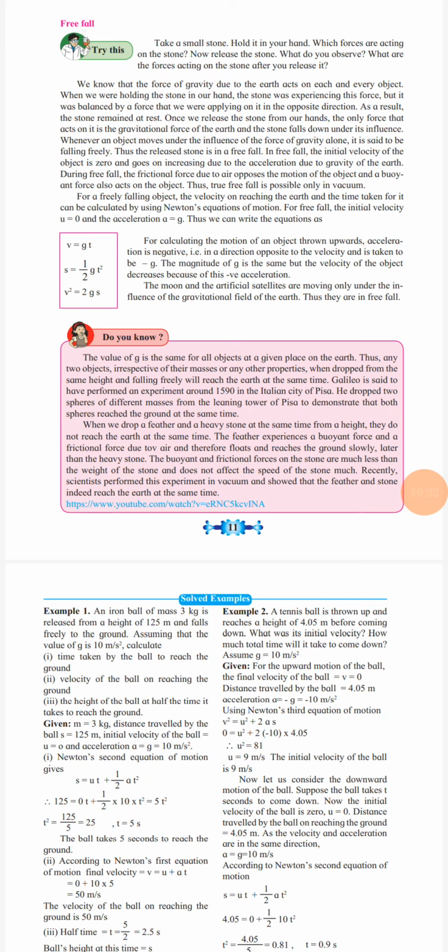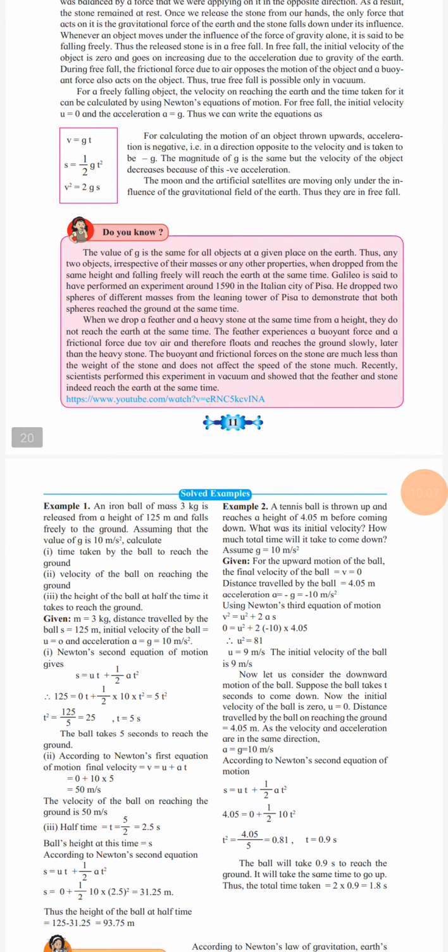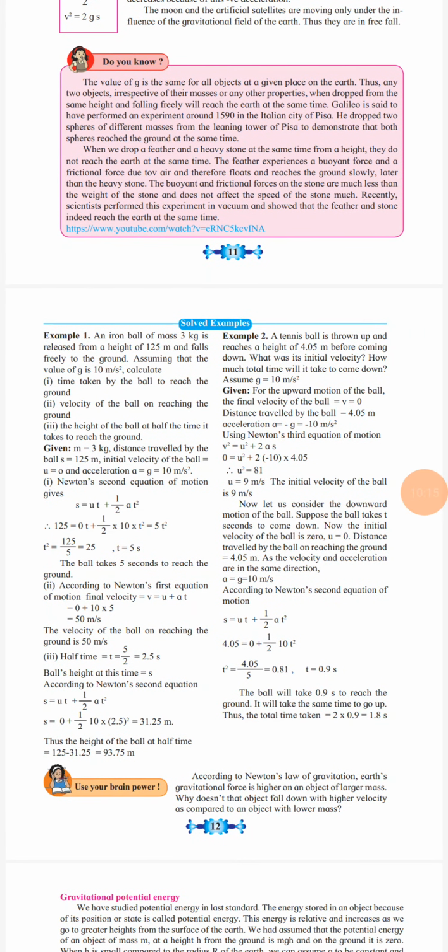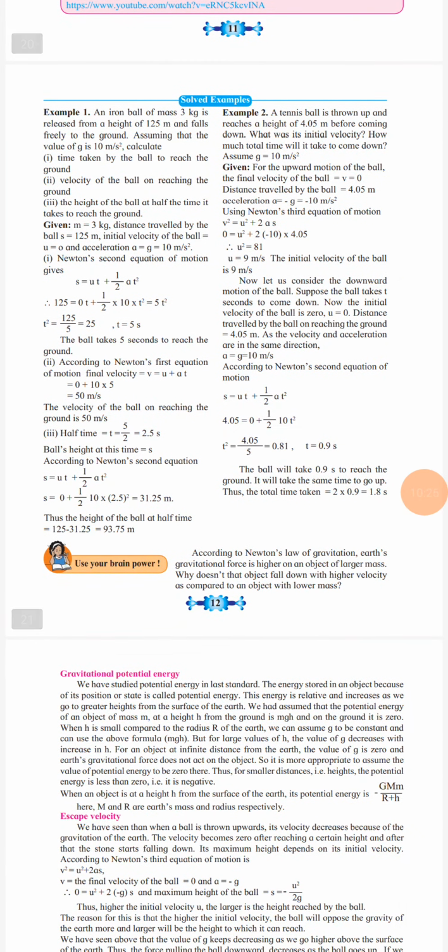So these were the free fall conditions, they told. The feather experiences a buoyant force and the ball experiences a frictional force, in this way. So when you do this experiment in the chamber, which does not contain oxygen around it, you will observe this kind of free fall. Now according to Newton